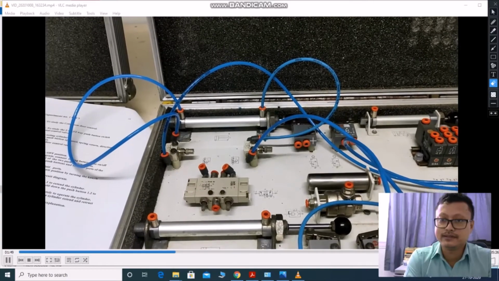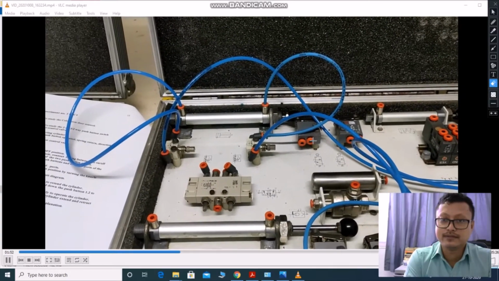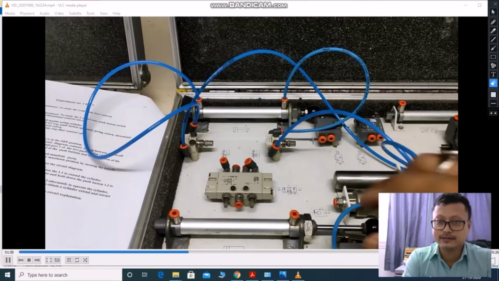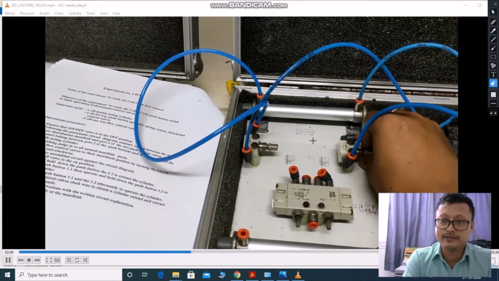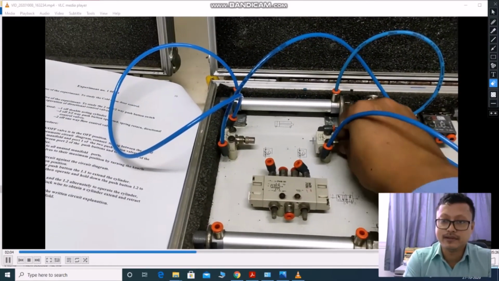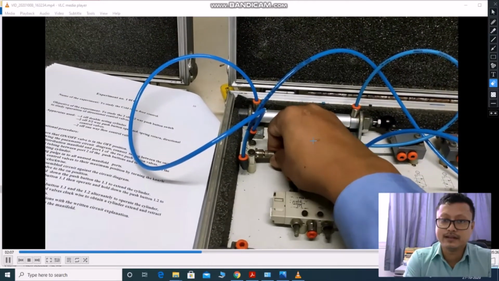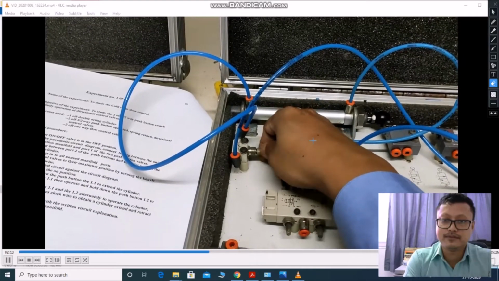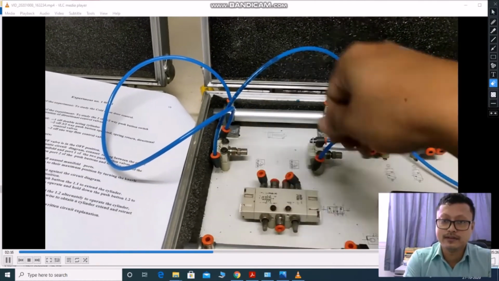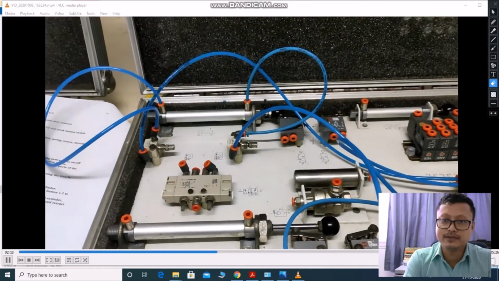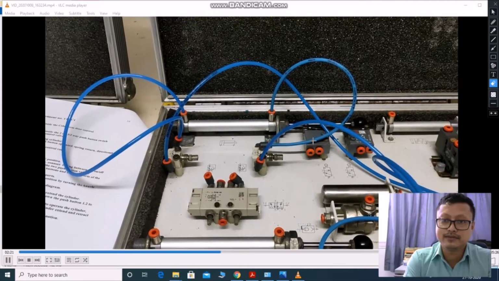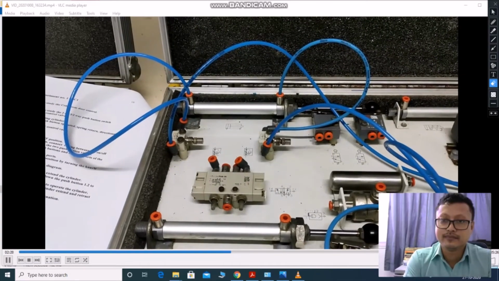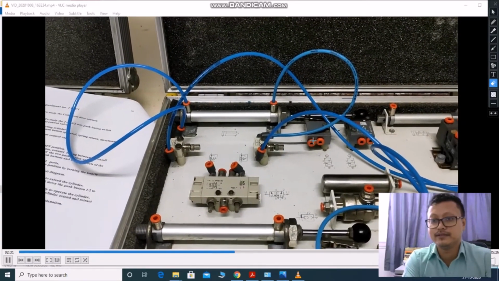Now I am going to press the push button switch. By pressing one switch, the cylinder goes forward, and with the other button it goes back inside. Again we regulate the flow control valve. On the other side, we decrease or reduce the flow control valve. So now the backward motion will be slower. See, the returning stroke is slower.